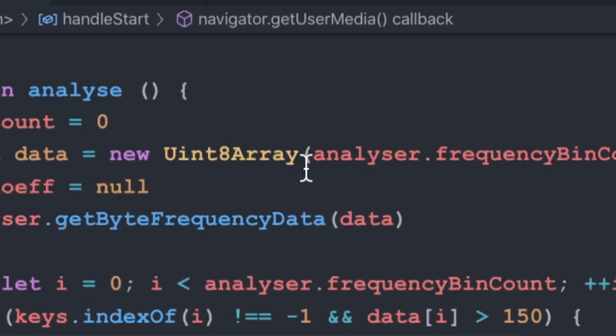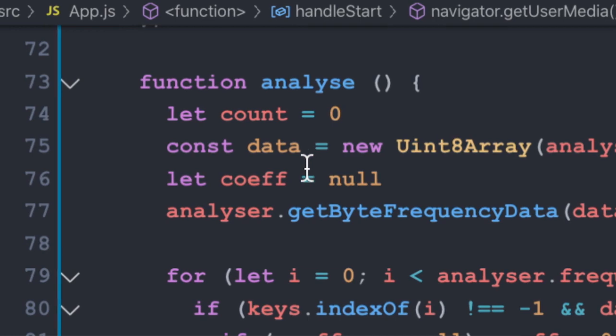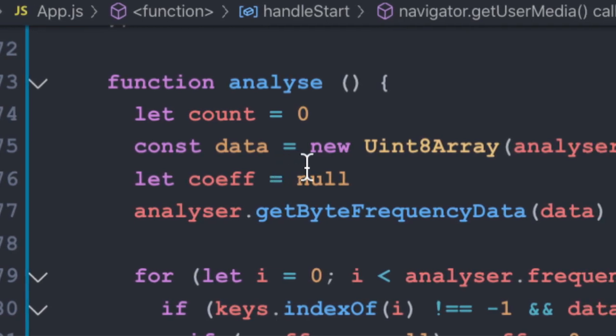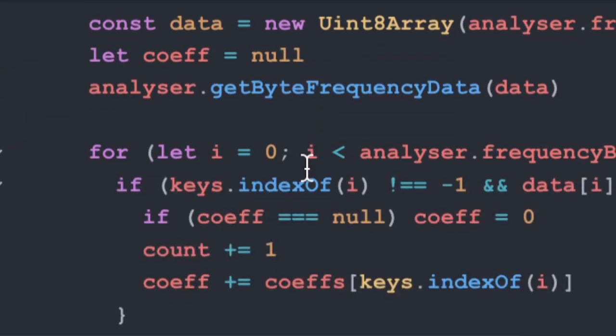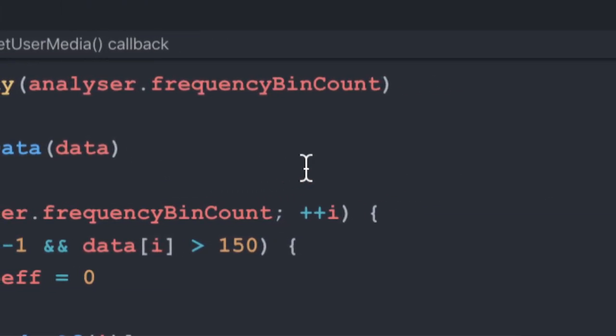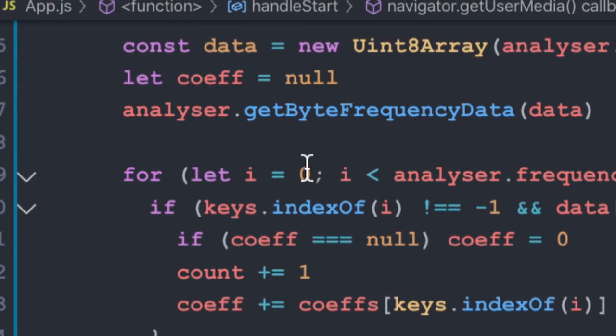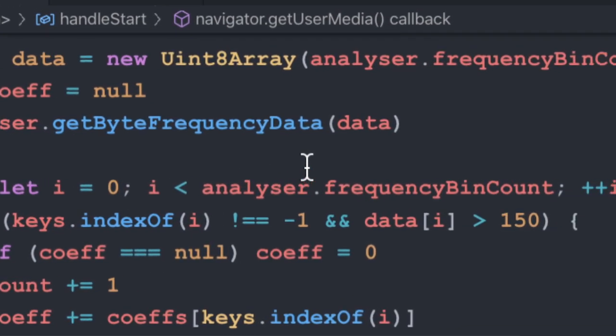That's going to be a length. So however many frequencies there are, we're going to create a new data buffer containing that many bytes. And then for each of the frequency counts in the analyzer, we are going to say